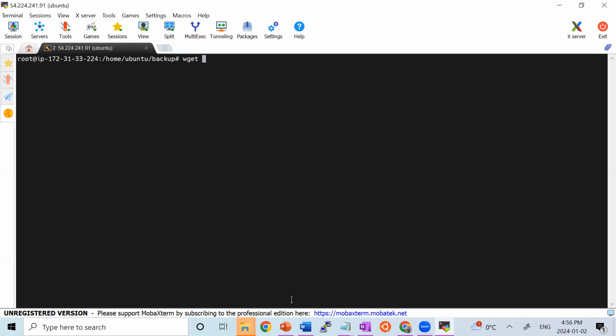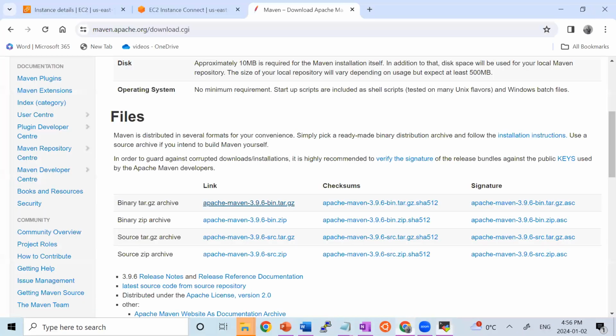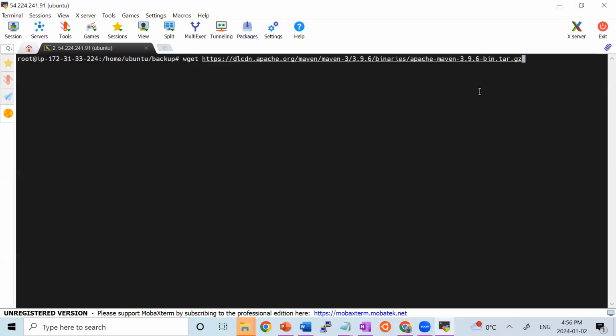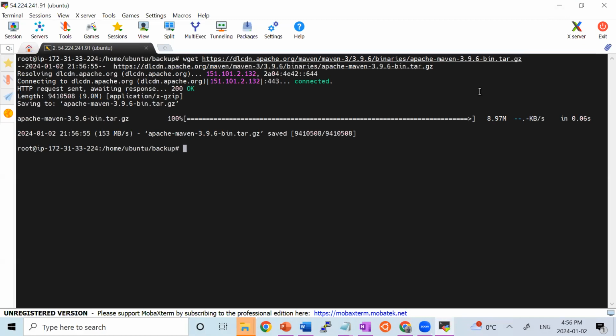That means download the data. And now if I right click my mouse, automatically it will paste that link that I copied from the internet location, right? You see there is a copy link address. So once I paste this link address and press enter, now if I type the ls command, look,